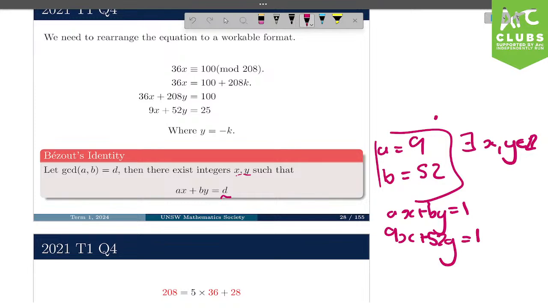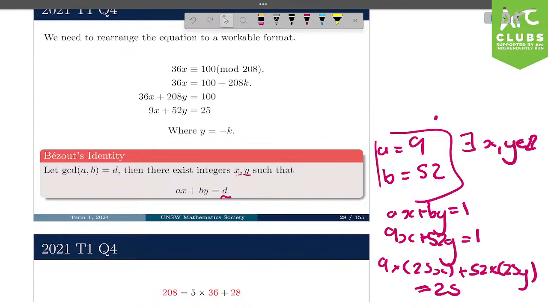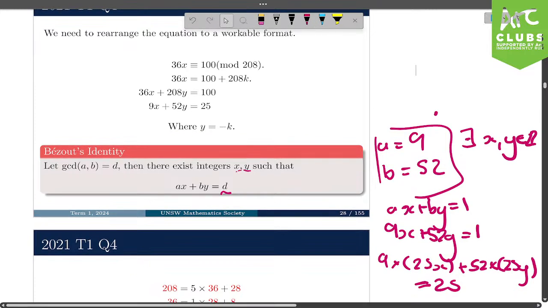So what we could do is multiply both sides by 25 to get 9 times 25x plus 52 times 25y is equal to 25. So that's basically Bézout's identity. What it does is show us that there exists a solution for